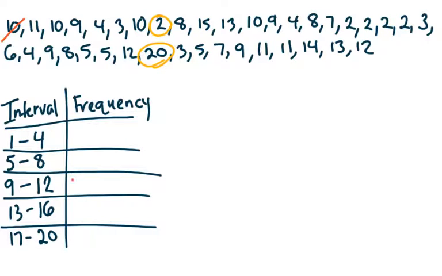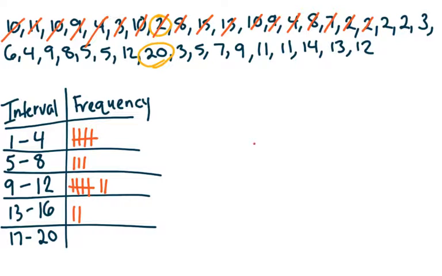So I've got 10, that belongs here. 11 belongs here. 10 belongs here. 9 belongs here. 4 belongs here. 3, 10, 2, 8, 15, 13, 10, 9 goes here, 4 goes there, 8 goes here, 7 goes there, 2 goes here, 3 goes there again, 6